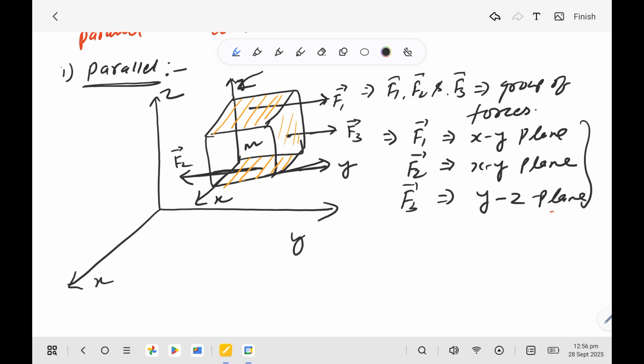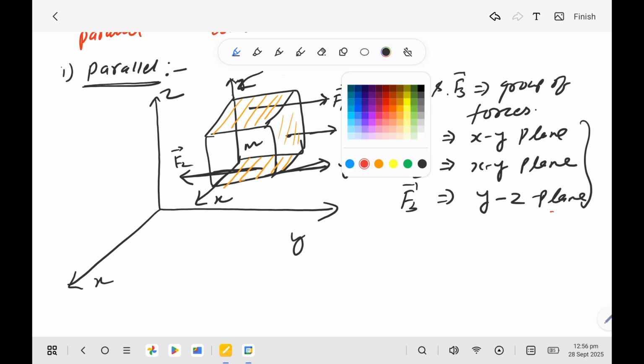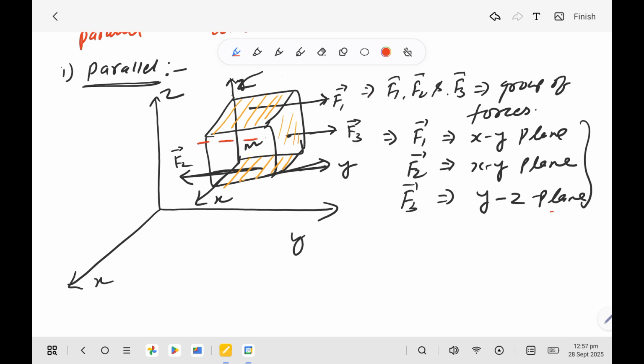Okay, so there are three forces F1, F2, F3, but two forces are lying in a single plane, the xy plane, and the third force is acting in the YZ plane. It means the forces are not acting in a single plane, but if you draw the line of action of these forces,